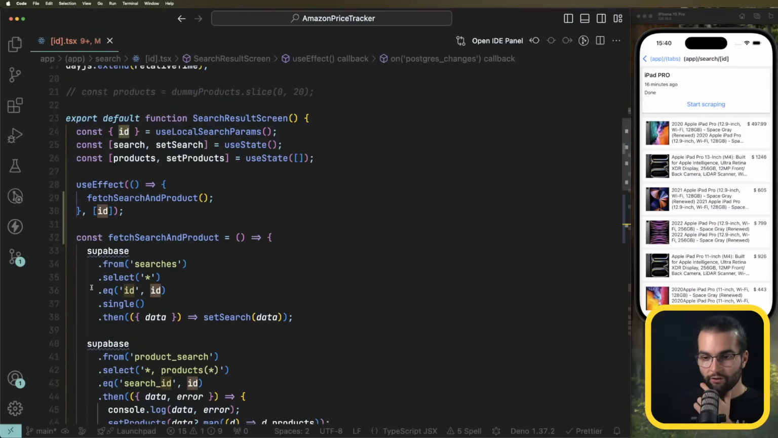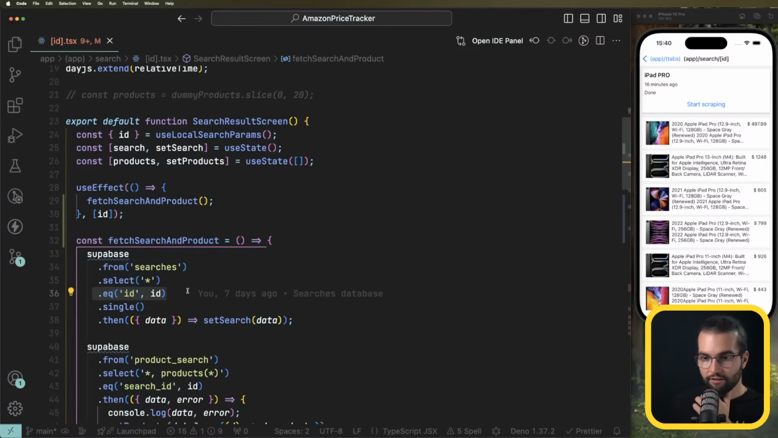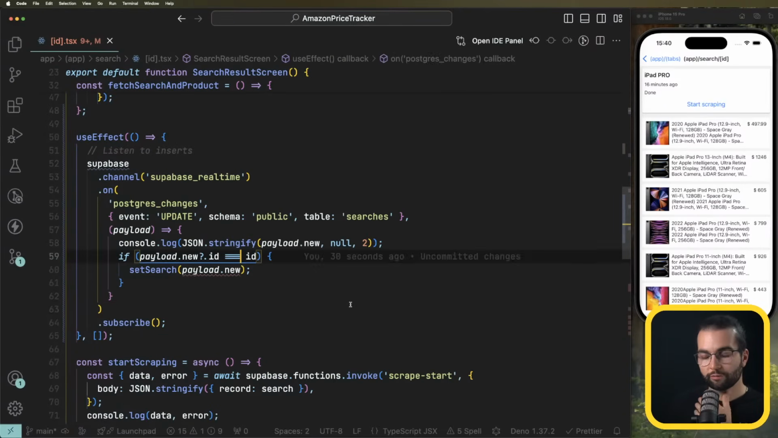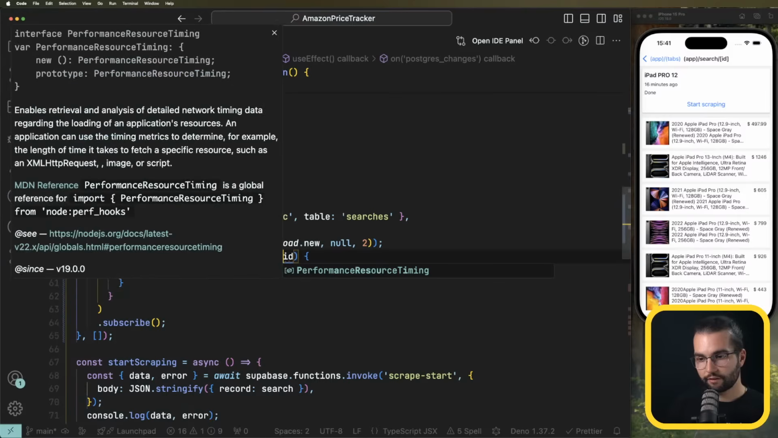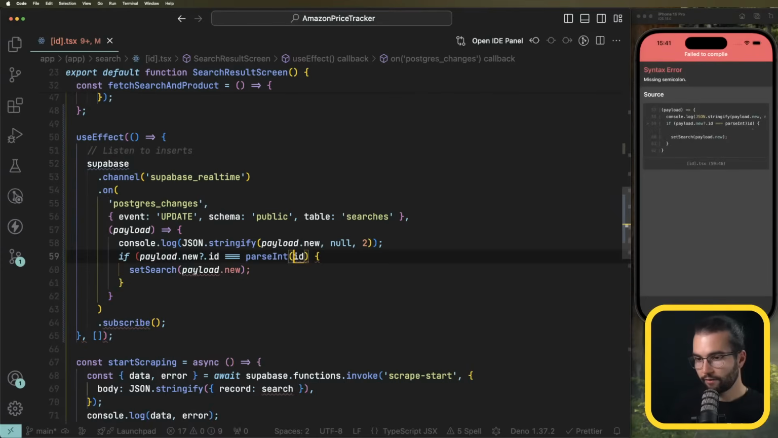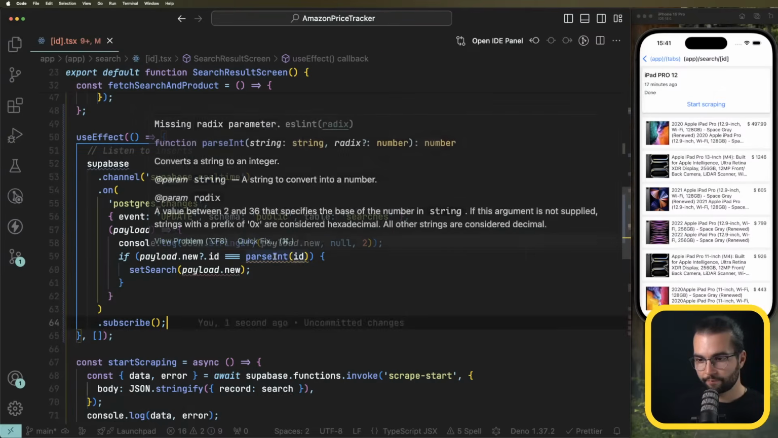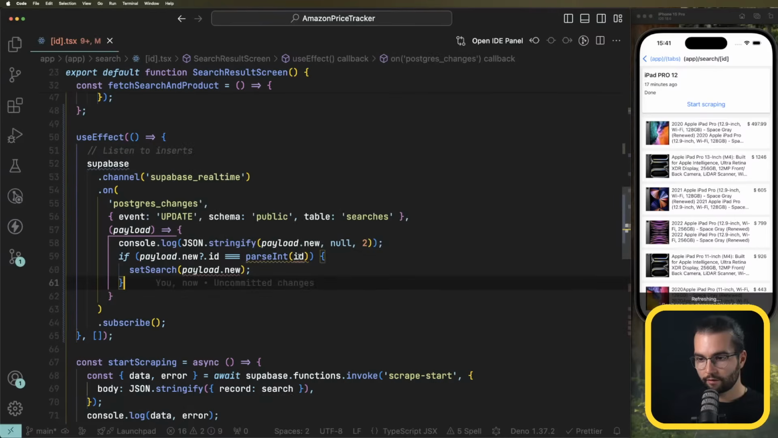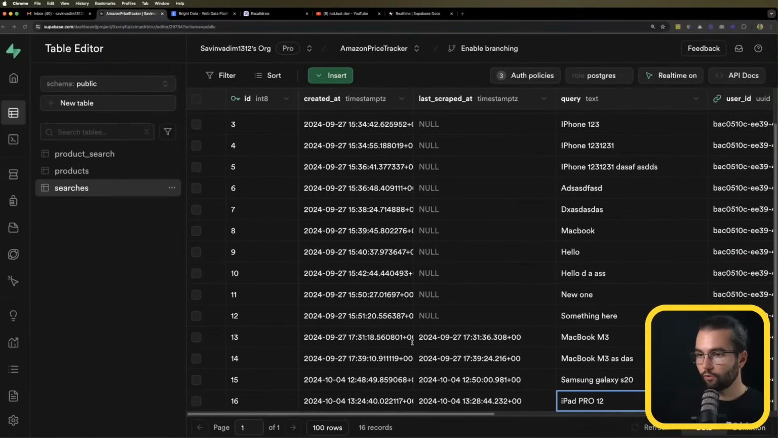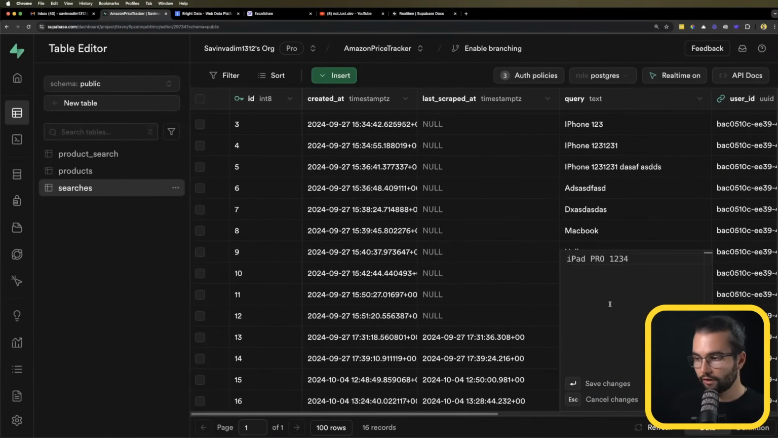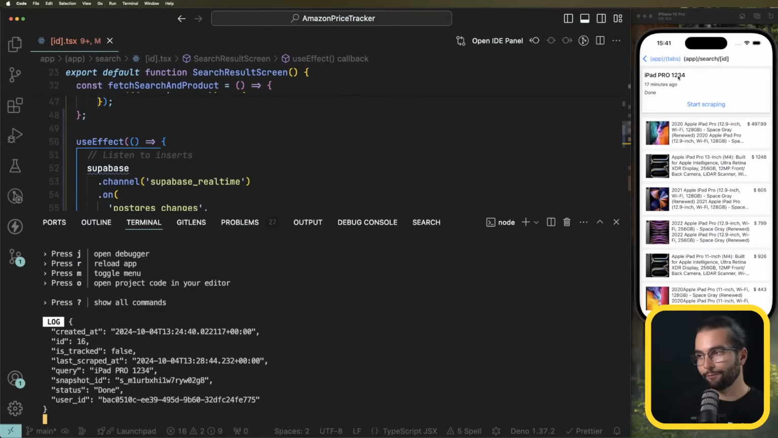I'm not sure why it works here. But we need to probably either use only two equal signs, or three of them, but in this case, maybe do Number, or maybe parseInt, like this. So now if it's going to be 1, 2, 3, 4, save, it's automatically updated here to 1, 2, 3,